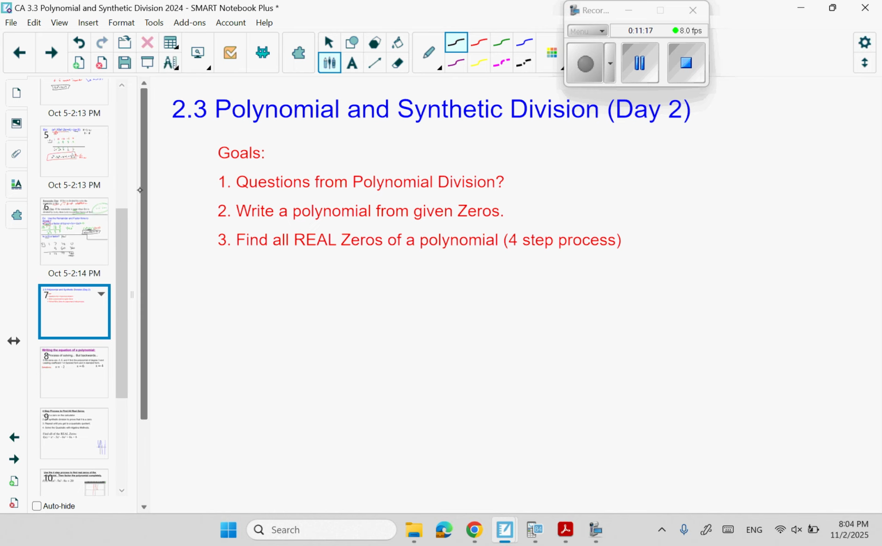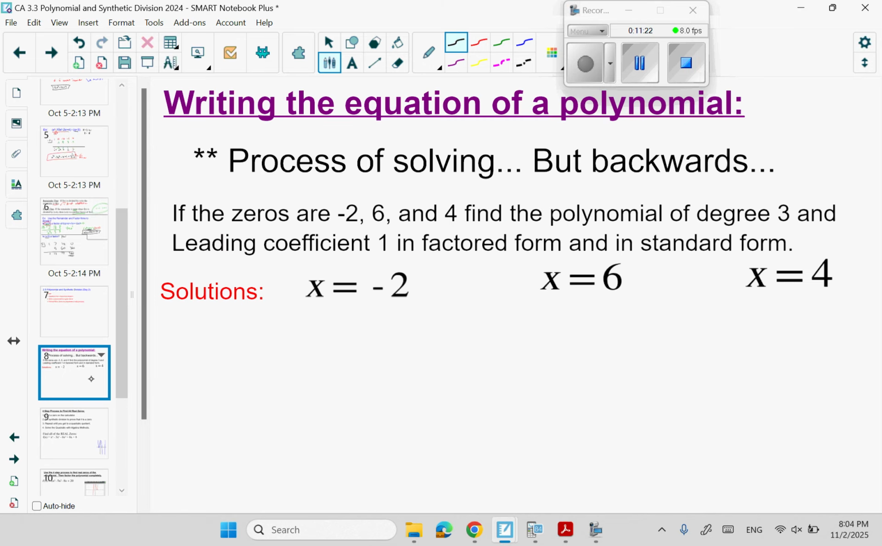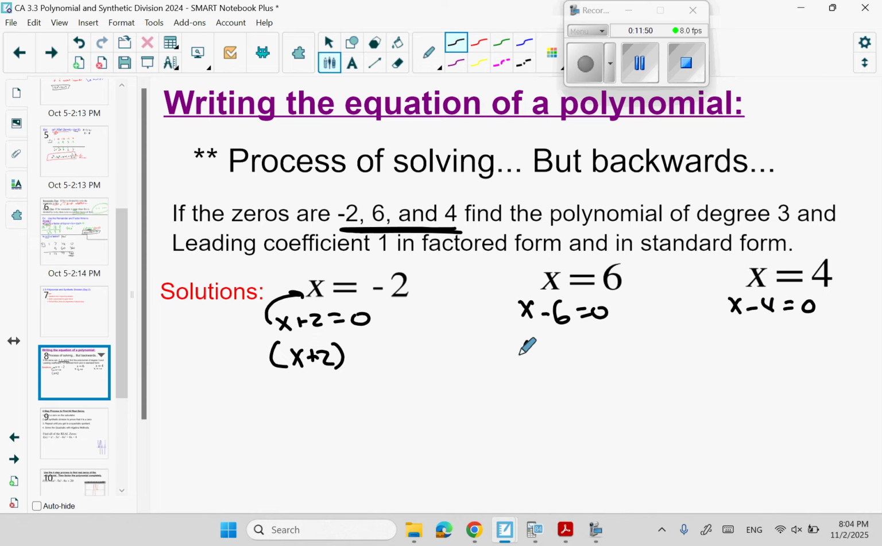The second day, we started breaking down and talking about some other concepts that are pretty related. Now, writing an equation of a polynomial, let's say the zeros are these. So these are the answers. Well, then, conceptually speaking, if I took one step back, I would write something like x plus 2 equals 0 in order to get there. Therefore, my parenthetical would be x plus 2. Following that exact same logic, I would get x minus 6 equals 0 and x minus 4 equals 0. So my parenthetical would be x minus 6